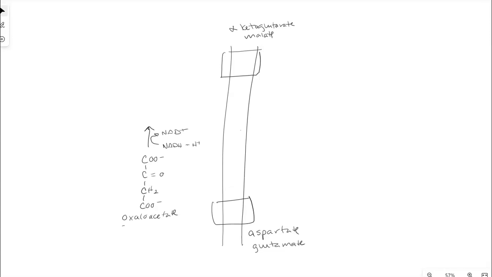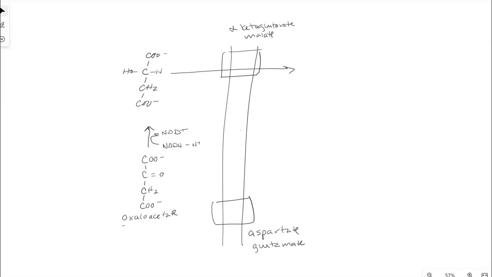And what this is going to do is it's going to yield malate. Note that this is just a reduction of the carbonyl to a hydroxyl group. Now, this malate can be carried